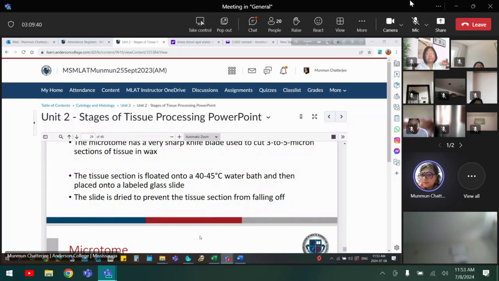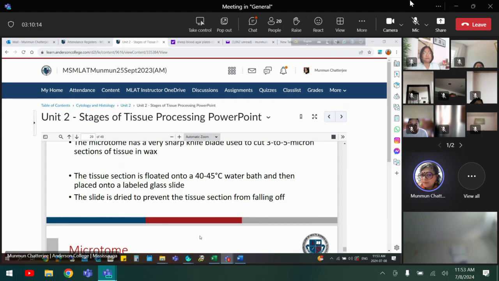So after you do the section, you are going to float it in a 40 to 45 degree water bath, and then place it onto a glass slide, because it's coming with the embedding media, right? The wax. Because it can be a little bit wrinkled, it's going to be one over another because it's a continuous section. Then you are going to float them in the water, and then you're going to place the slide beneath the section, and the section is going to come onto the slide and stay there,